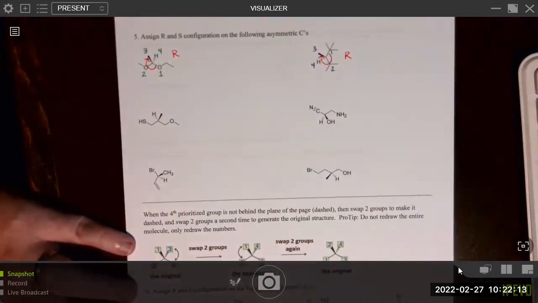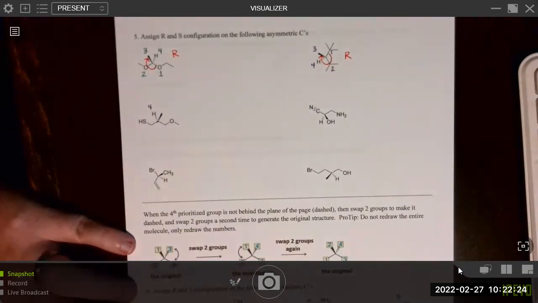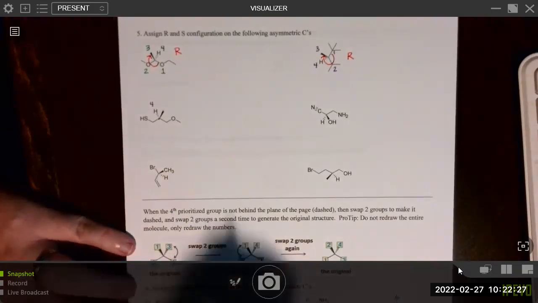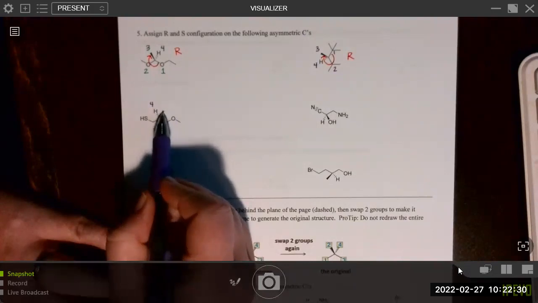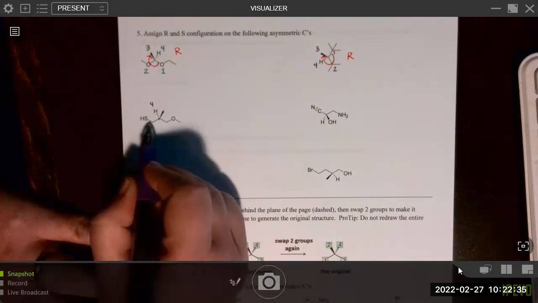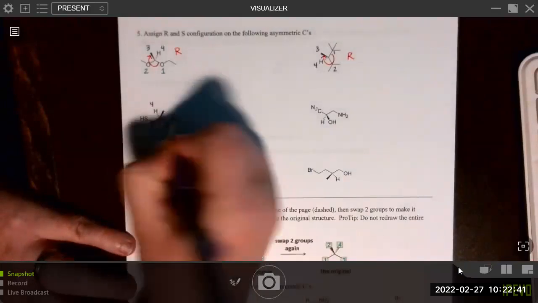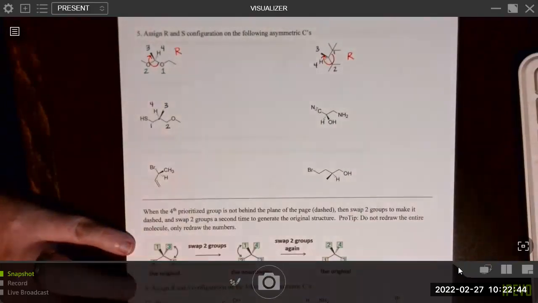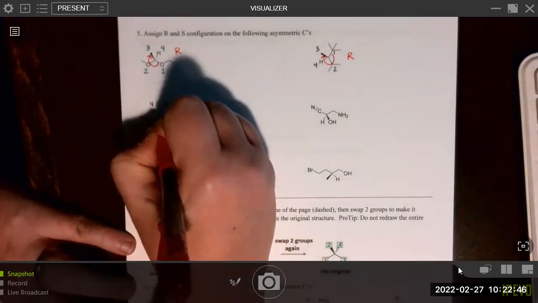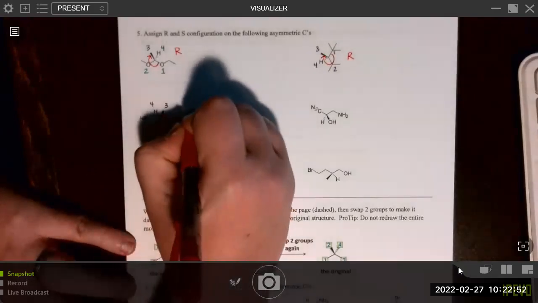Moving on, we have this carbon, which is asymmetric. We have carbon, carbon, carbon, hydrogen. Again, all 3 carbons are a tie, but hydrogen is definitely last priority. Looking and seeing what's attached, this one has hydrogen, hydrogen, hydrogen. This one is oxygen, hydrogen, hydrogen, and sulfur, hydrogen, hydrogen. Sulfur has a higher priority than oxygen. So this is 1, 2, and 3. Again, 1 to 2 to 3 with the fourth priority pointed back. This is counterclockwise and S.